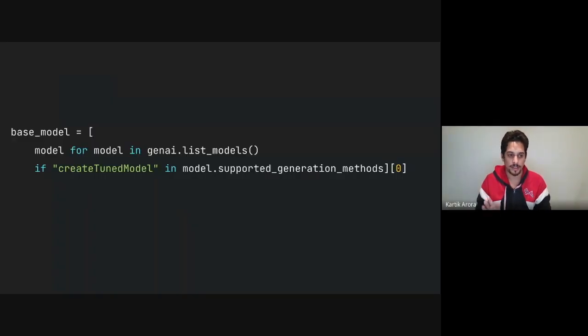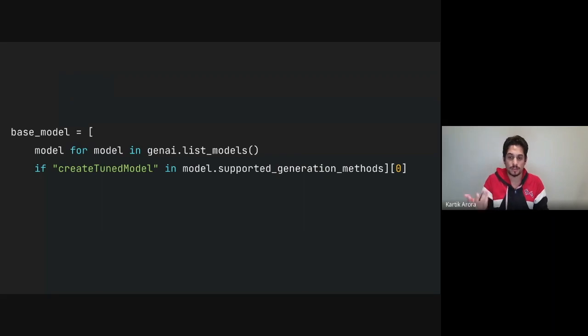All right. In Python, we will get a base model, and not every model out there has the capability of creating a fine-tuned model. So using this for and if syntax in Python, we get the list of models which have create tuned model capability.